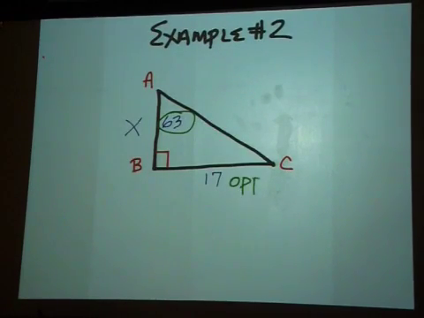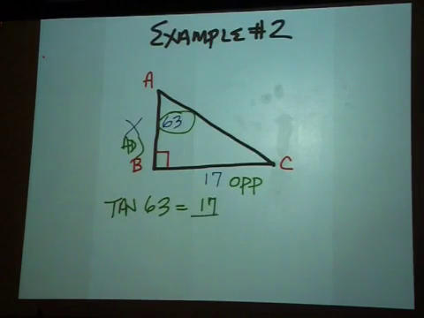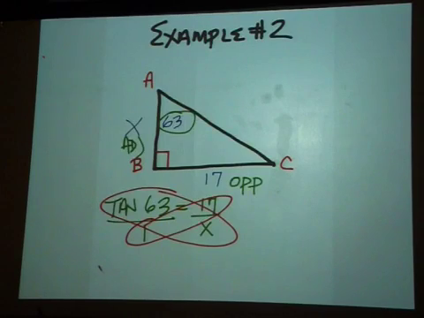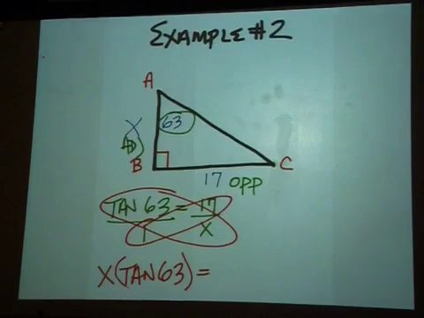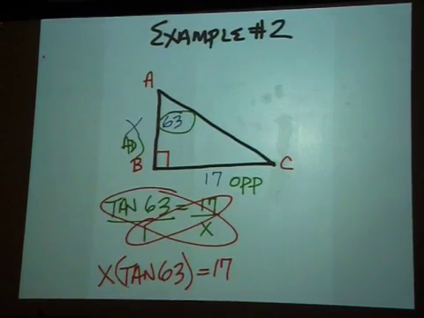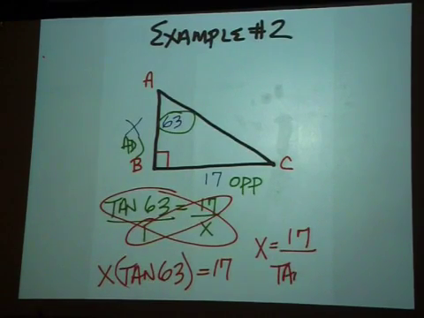In this triangle, we are given 63 degrees. This side is opposite and this is adjacent. So tangent 63 degrees equals opposite 17 over adjacent x. Put a 1 under the tangent 63. Cross multiply like this and get x times tangent 63 equals 17 times 1, which is 17. To get x by itself, you have to divide by tangent 63. So it's going to be x equals 17 divided by tangent 63. And when you do that in your calculator, you come back with an answer of